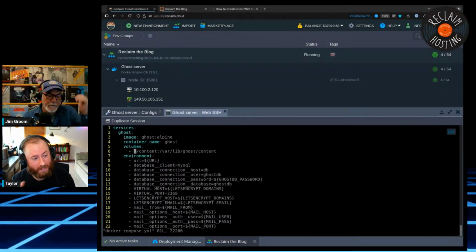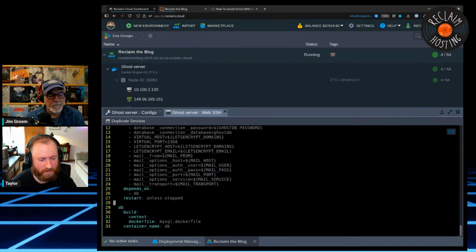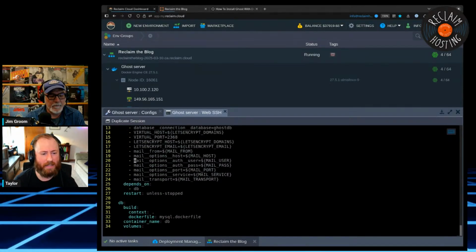Or you could do things like take the thing down, zip it up, and move it to a different Docker host. Maybe it's a different container in Reclaim Cloud. Maybe it's a different infrastructure entirely. And in theory, if you have Docker installed, you can pull it back up and it'll be right back where you left it. Now, there are some things around that, as far as versions of things that can go wrong. But my point is, it gives you a way to have one folder that is all the stuff you care about, in this case for Ghost.